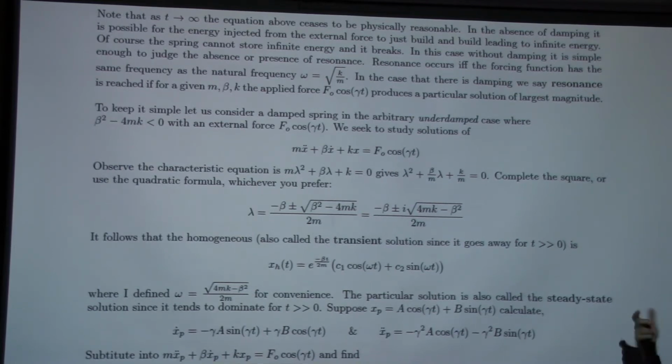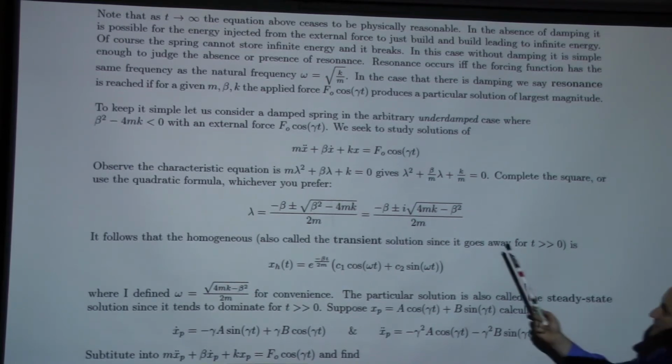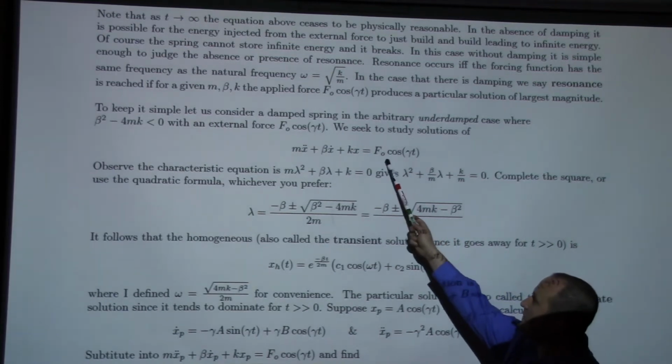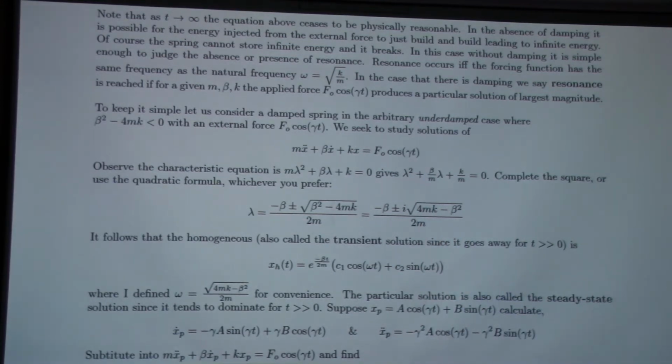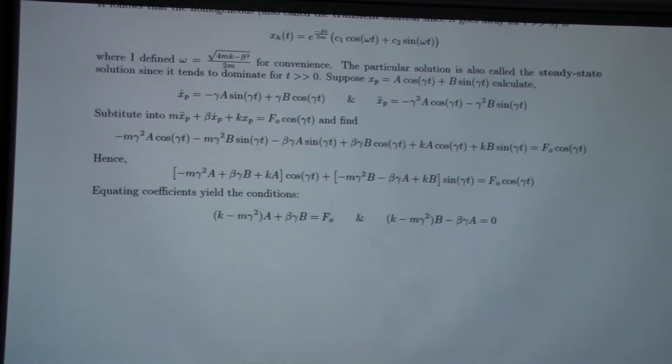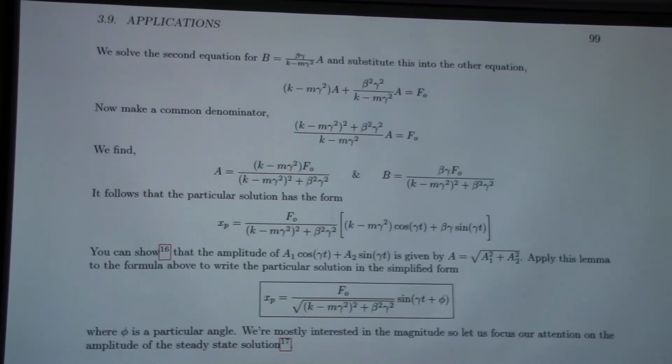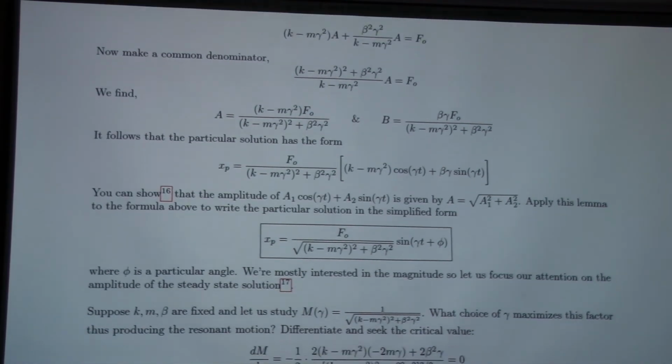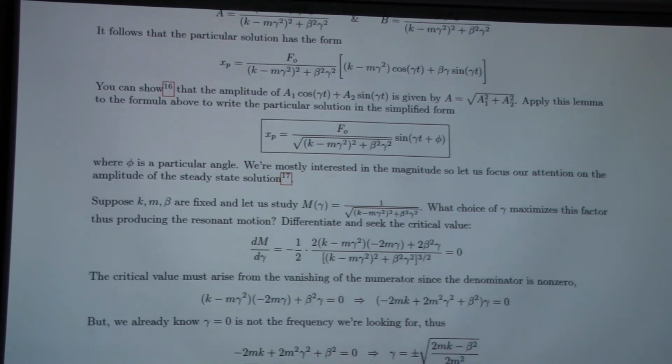As you adjust the frequency gamma, what gives you the maximum response for a fixed amplitude force on it? And so I work it out. Find the particular solution, right? I plug it back in, work out the math here. Eventually, I get to the particular solution of